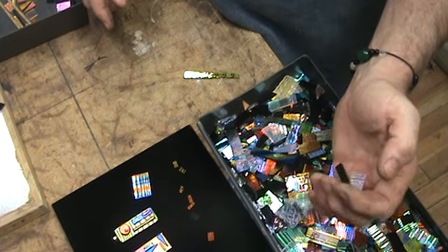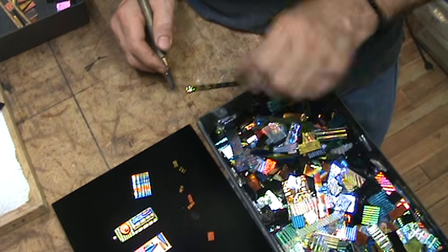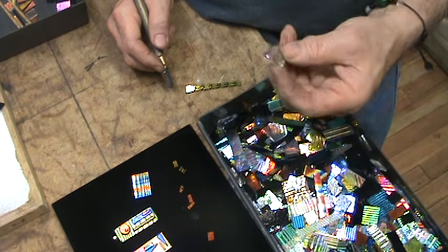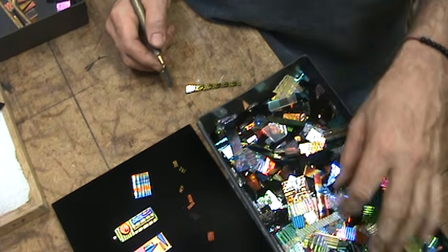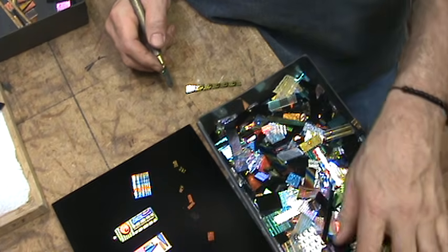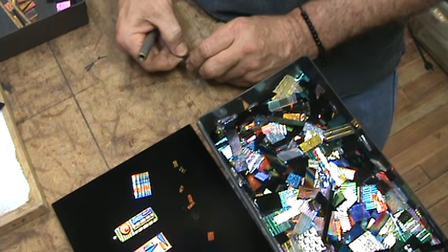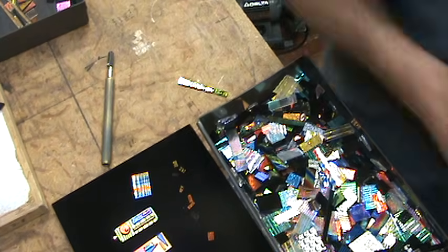There's possibly as many as 50 colors in there, and almost all of it is thin. There's very little ripple. Very little. This is ripple, which is a standard. Most of this is thin. And CBS, by the way, sells glass for $96 a pound. And let me tell you, a pound